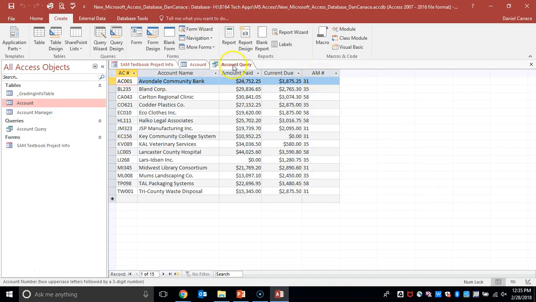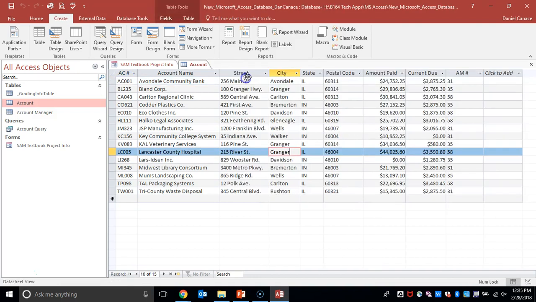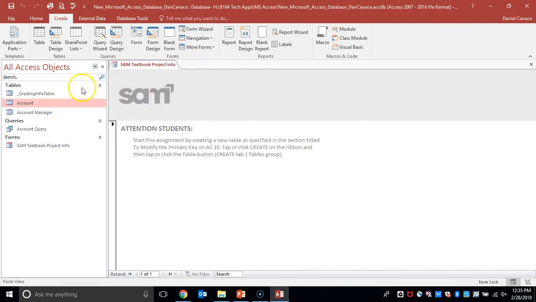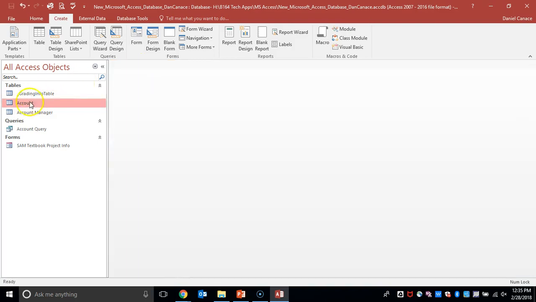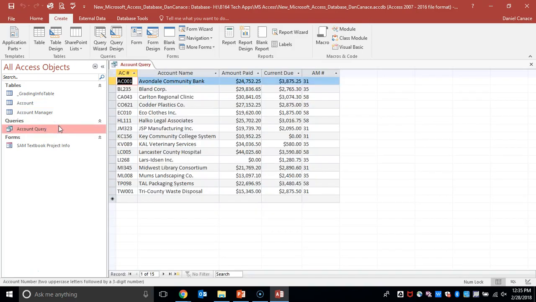Let's go ahead, and just so we get used to the process, I'm going to close this out, say we're not using it. Let's get rid of everything we're not using. Okay, and here is my object, my new object, my account query. Open that back up. Okay, now from here we might want to manipulate or find out more data about this query